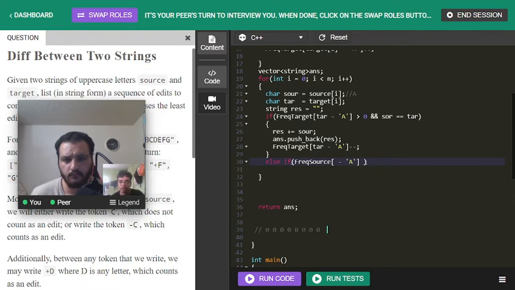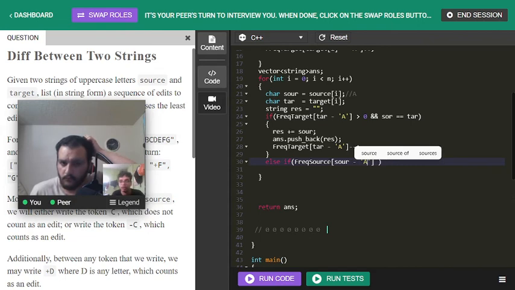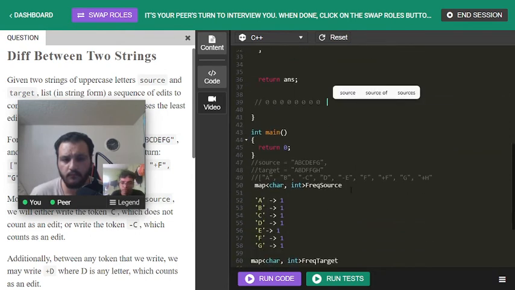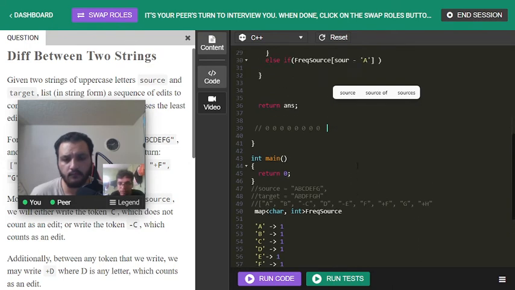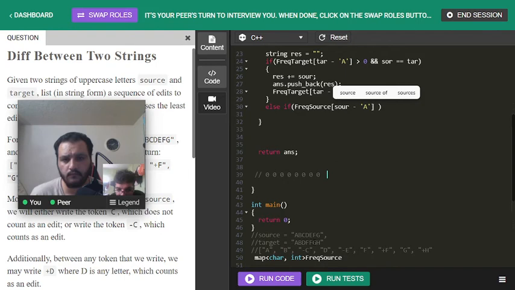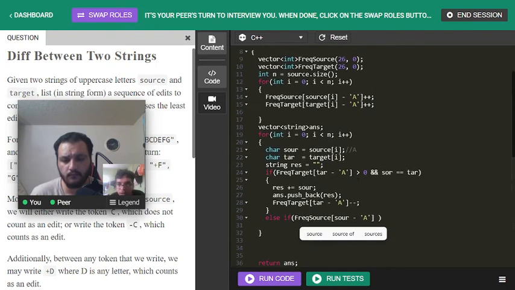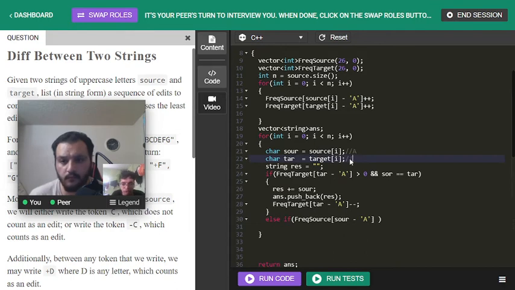So the same case for the target also. So if frequency of target of that element, frequency of, sorry, frequency of source of source A. So if source is pointing to, let's say, D, say F was there and F was not there. So if frequency of source,